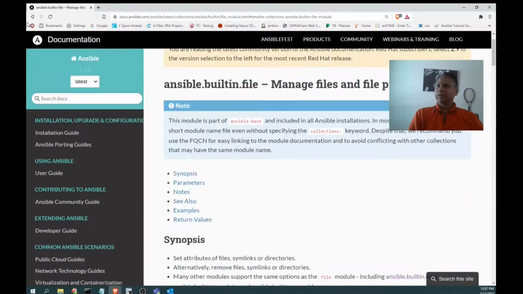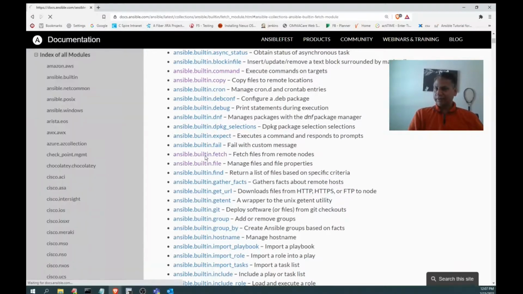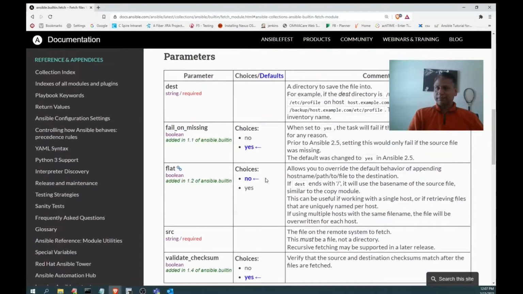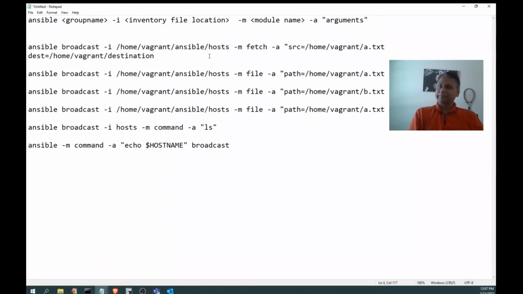I need to go to that fetch example and I need to see that manual over here. Okay, fetch. What is it telling? By default, flat is set to no. I need to keep flat equal to yes. So slightly I will modify this command over here. Flat equal to yes.